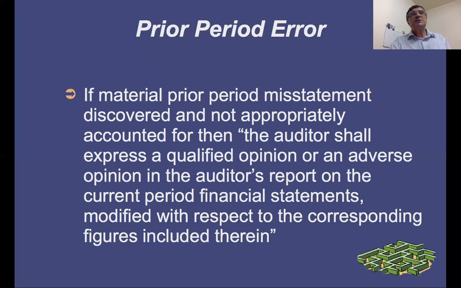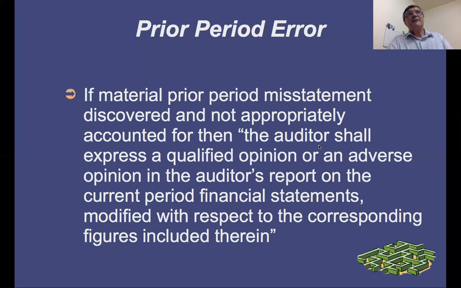Always, of course, we hope it'll happen to someone else, not to us, but hey, it does happen. And then, first of all, if the prior period error is properly accounted for, according to the rules of that particular framework, then all is well. If it's dealt with correctly, we don't have to do anything. But if it's not accounted for properly, then we have to express a qualified or even possibly an adverse opinion in the report on the current year's financial statements,